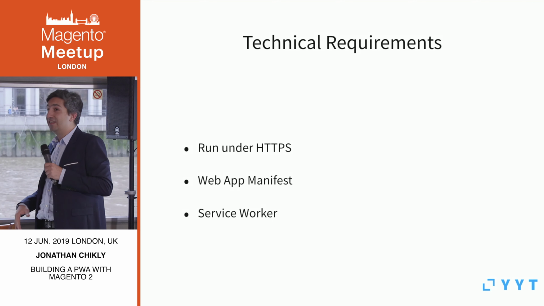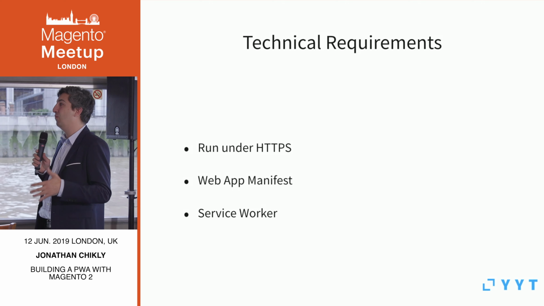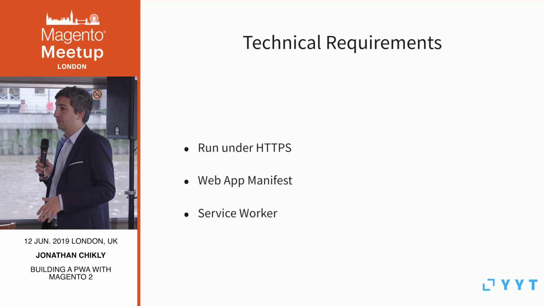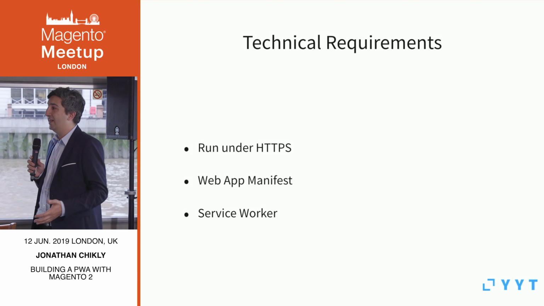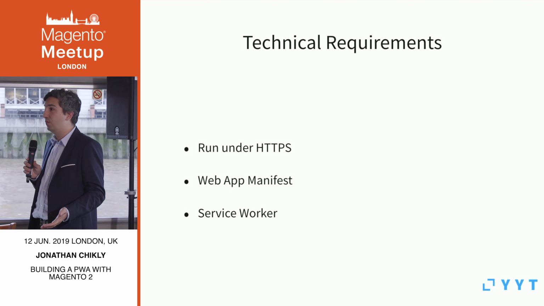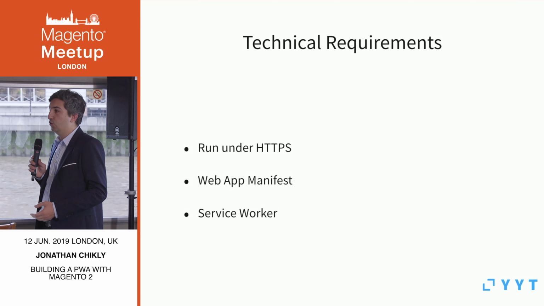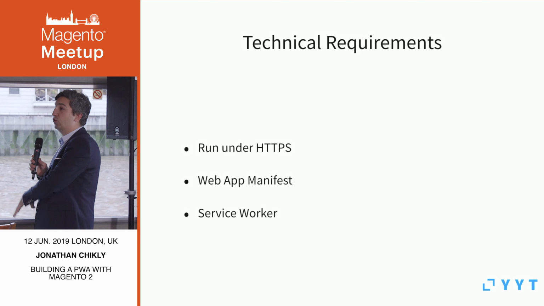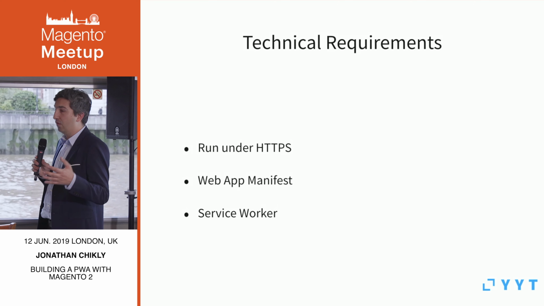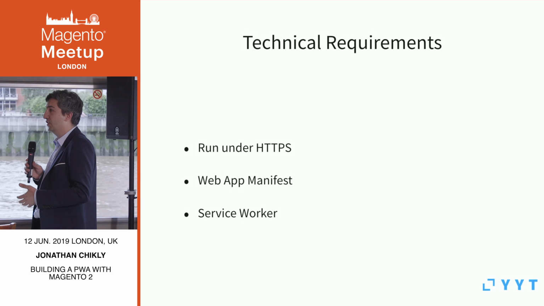Next section, the technical requirements. In order to build a progressive application, there are a lot of technical elements involved, and I tried to summarize here the 3 main concepts. The first one is that it needs to run under HTTPS. This is quite usual for us in the world of e-commerce, where most websites need to run under HTTPS because we're processing payments and it's required. However, this concept also needs to be applied to any content website or any website that wants to offer a progressive web experience. It needs to run under HTTPS.